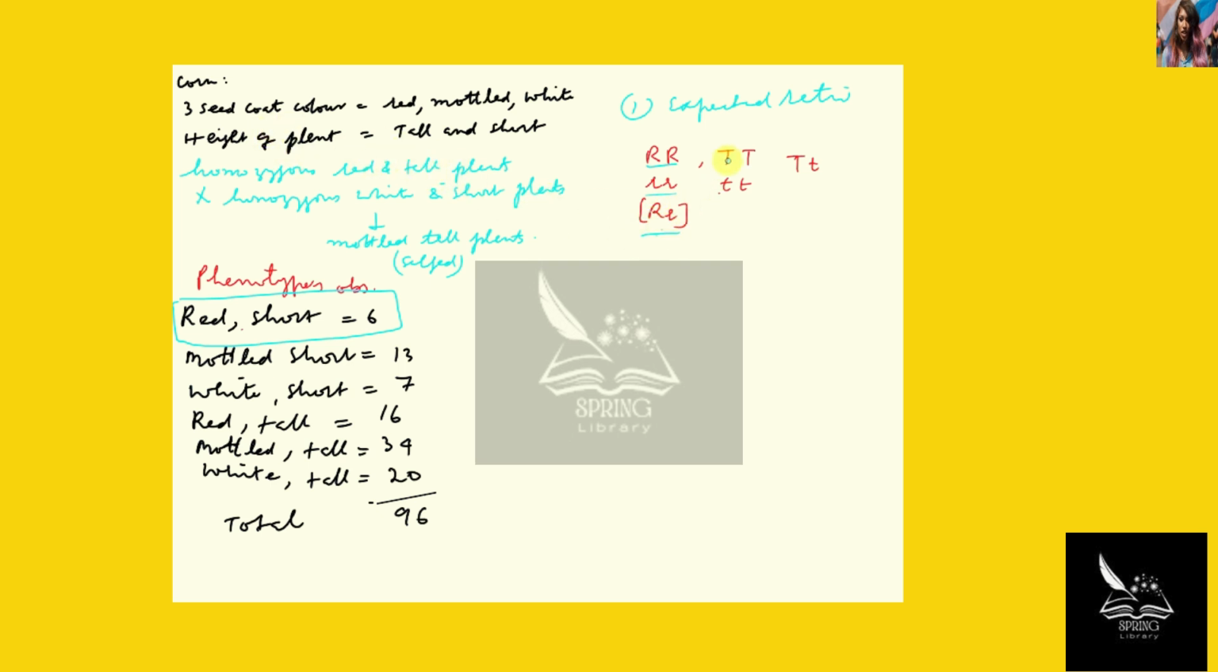seed coat color. And in case of the height of the plant, TT will represent tall plants, and Tt will also represent tall plants, and tt will represent short plants. Since we are crossing homozygous red and tall plants with homozygous white and short plants, we get all mottled and tall plants whose genotype will be